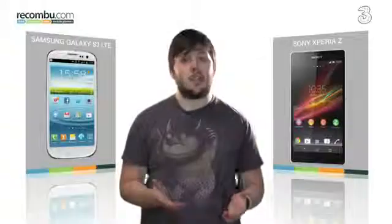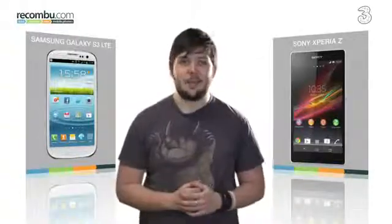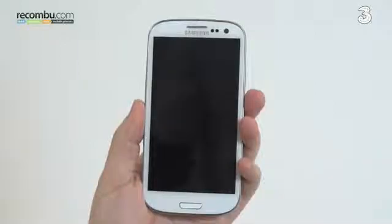The Samsung Galaxy S3 was one of the best-selling handsets of 2012. We've decided to pit the newer 4G LTE version against the new Android flagship, the Sony Xperia Z. Let's take a look. The Galaxy S3 is said to be inspired by nature, and this is reflected in the